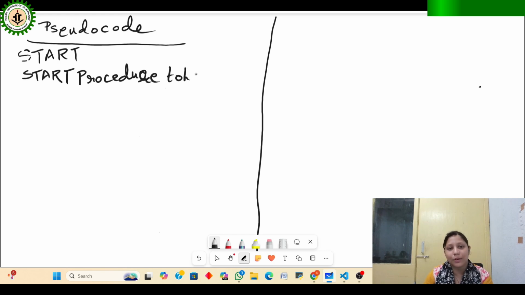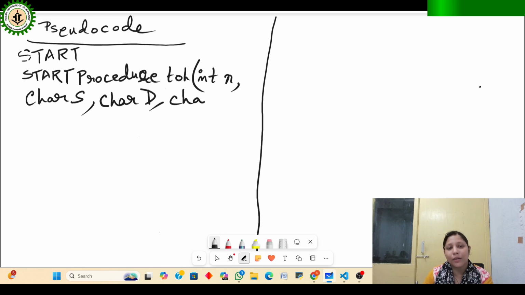Tower of Hanoi procedure. And inside there, we will see one integer type of number of disks, n, which will be an integer. Then source will be a character. Then destination will be a character. Then auxiliary will be a character as well. After that, we will write